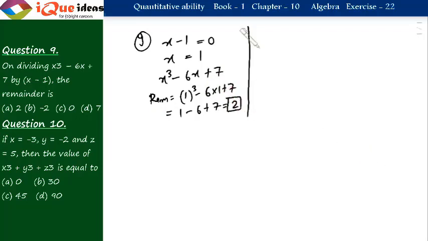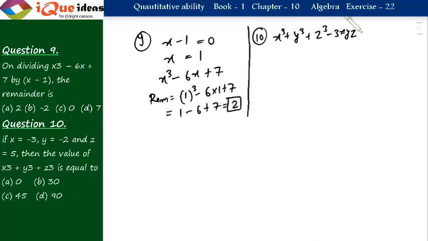Now question number 10. It says x equal to minus 3, y equal to minus 2, z equal to 5. Then the value of x cube plus y cube plus z cube. Now, this is a very special question. You can put the values of x, y, z and calculate. But there is a formula also we should know, that x cube plus y cube plus z cube minus 3xyz